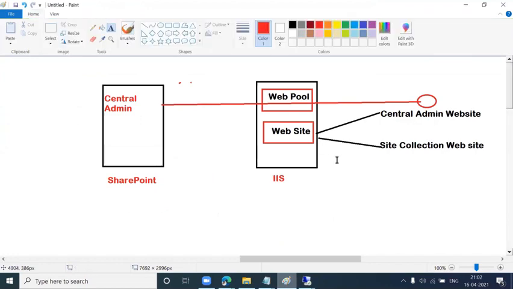This particular IIS hosts my website, but my website is again tied up with its respective application pool. So what is the pool and what is the website? Within the pool, I can run multiple websites. When we are creating a web application, it gives me an option to select the pool. Or whenever we install any service application, it is also going to ask which pool. So within a single pool, I can run multiple websites. Even my central admin